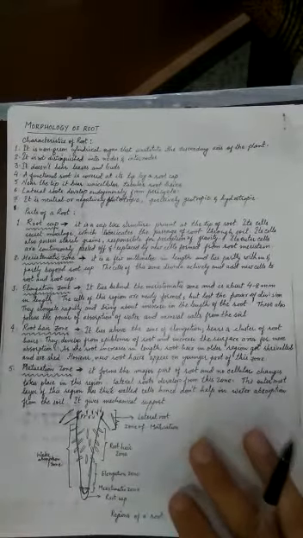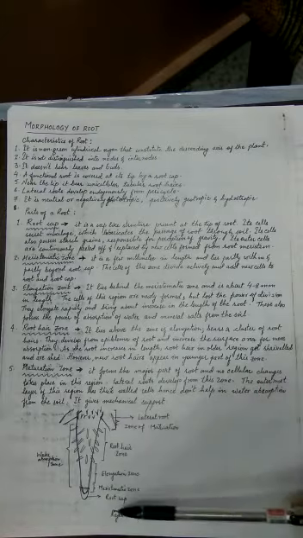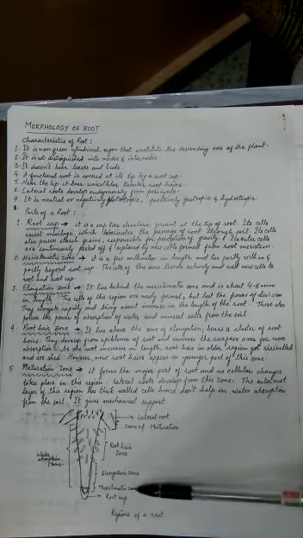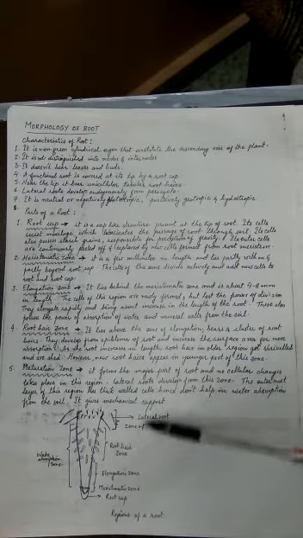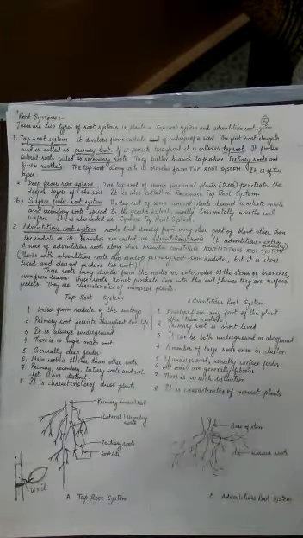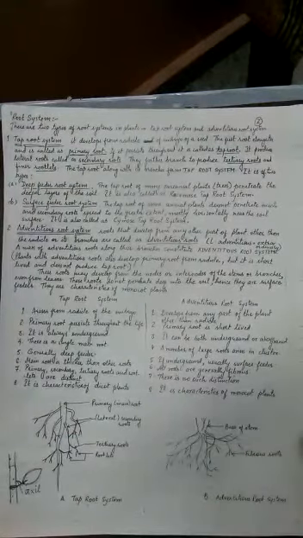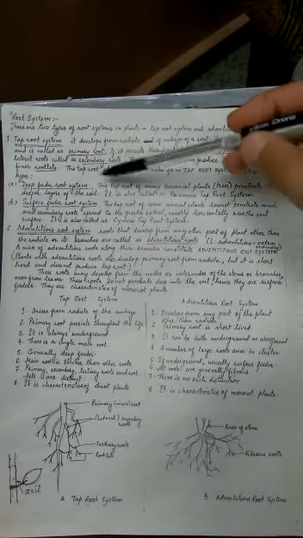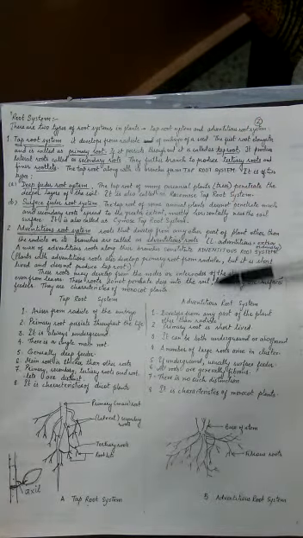After this we did the morphology of the root, that the root has some particular characteristics. Then we learned the various zones of the root system: root cap zone, followed by meristematic zone, followed by elongation zone, followed by the root hair zone, and then the zone of maturation. After this we did that root systems are of two types, the taproot system and the adventitious root system. A taproot system can be a deep feeder or surface feeder, but an adventitious system is always a surface feeder.